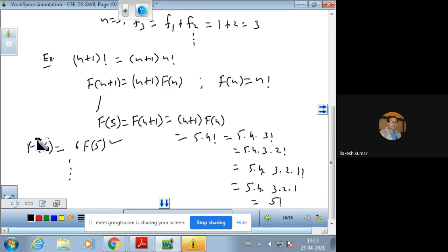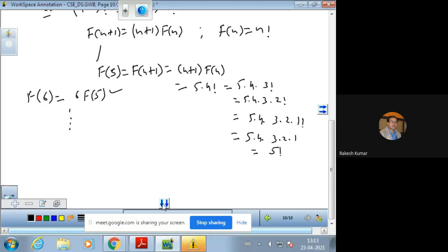So this is the induction process, some kind of inductive definition, which is helpful in finding the relationship between the current element and the previous elements. So this is also a very good example of a recursive definition. So the Fibonacci sequence and this relationship are the best examples of a recursive definition.